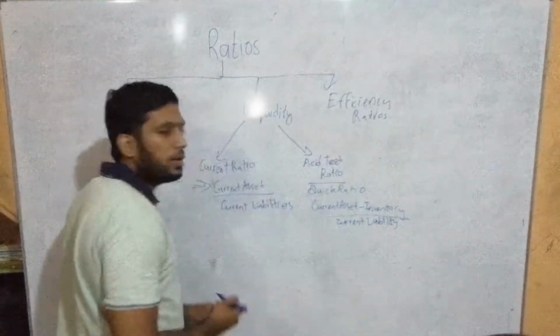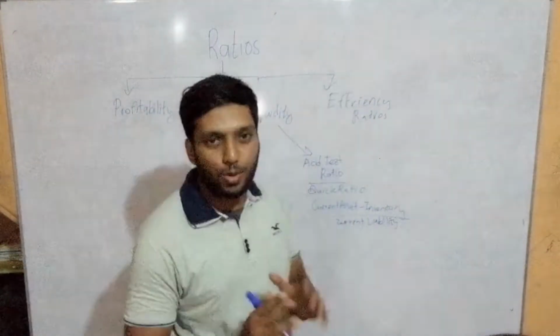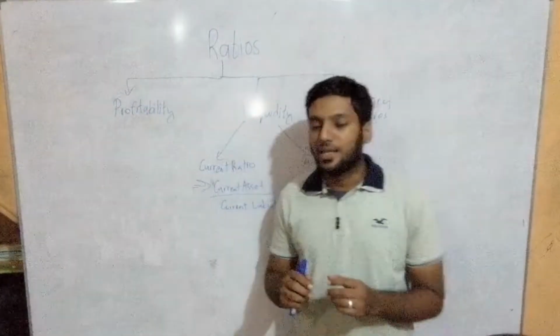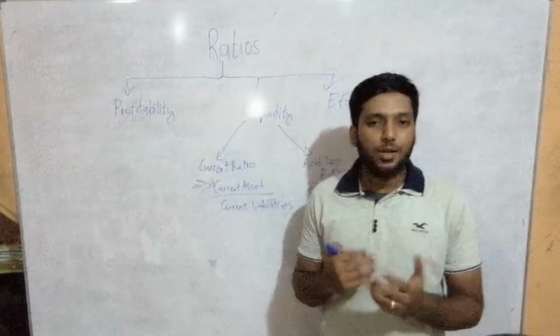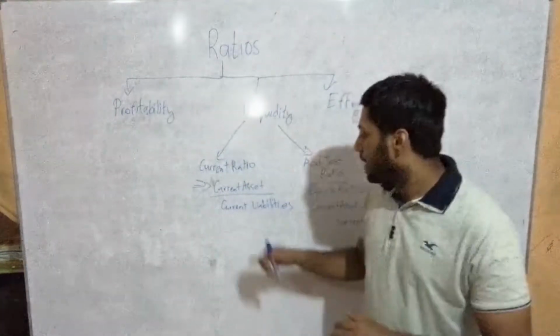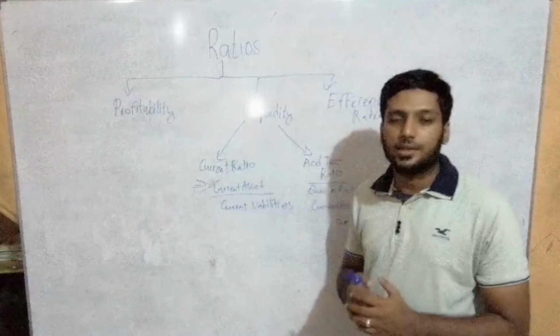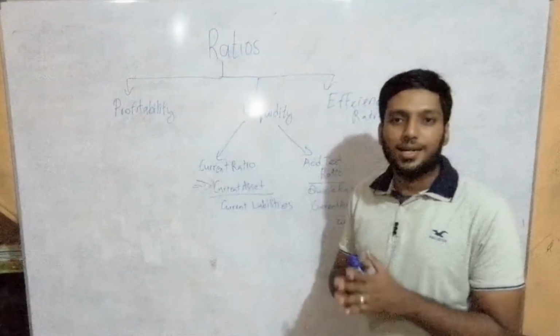Okay, so for all the students who don't know what is current asset and current liability, let me explain. No worries. Current asset means it's a way you can understand that your money will come within 1 year of time. Your money will inflow into the business because of your past transaction. Current liability, due to a past transaction, your money will outflow from your business. That's what we say current asset and current liability.